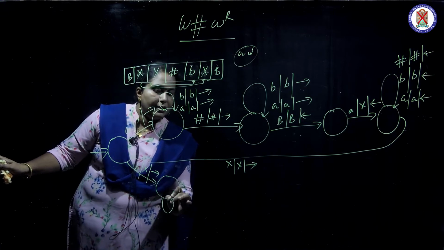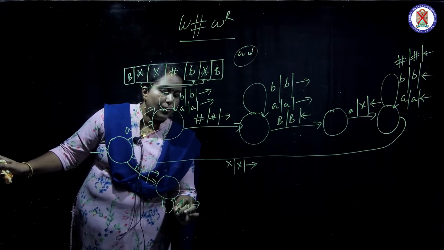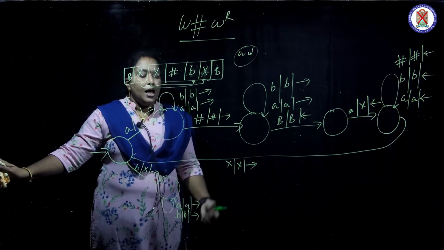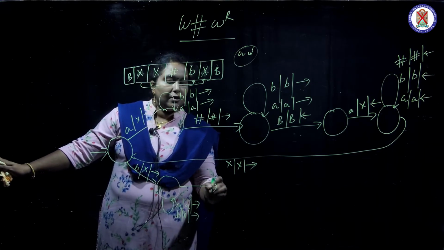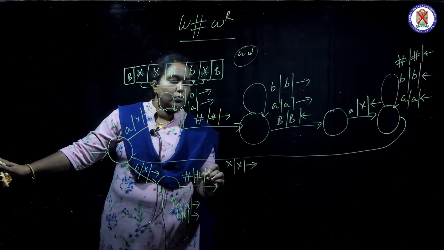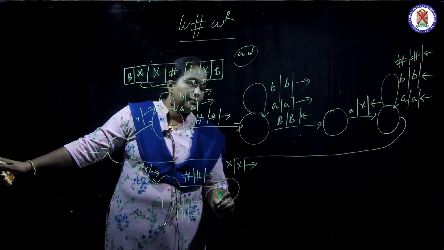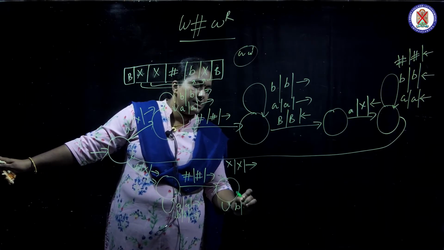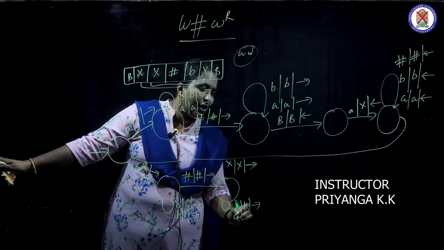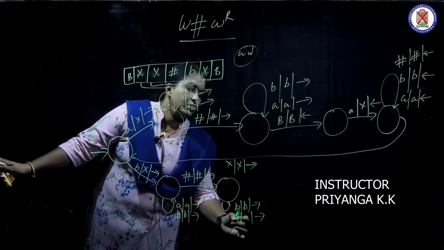Next, all the others are bypassed. If again there are A's and B's, A comes, I make it as A and move forward. B comes, I make it as B and move forward. Then when we see hash, I make it as hash and move forward. In the forward direction also, A's will be seen and B's will be seen. I move forward, and when A comes I make it as A and move forward. And X will also be there.